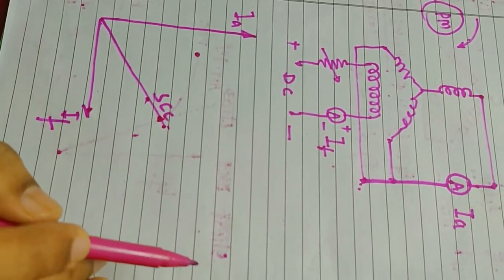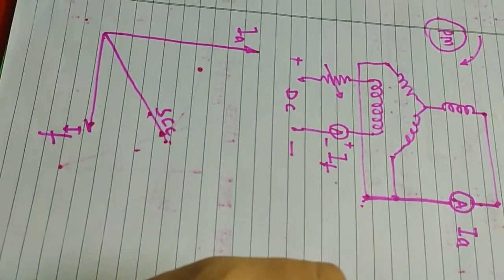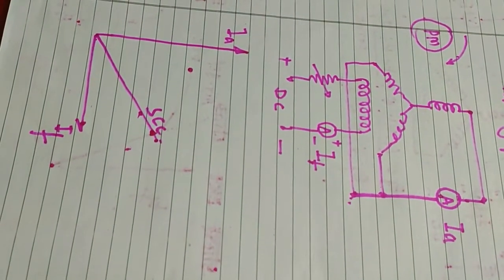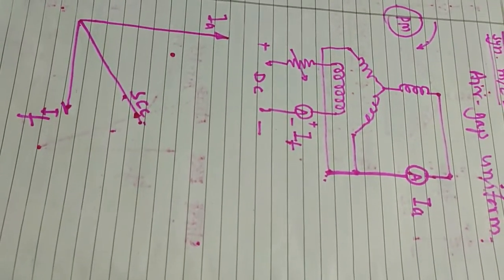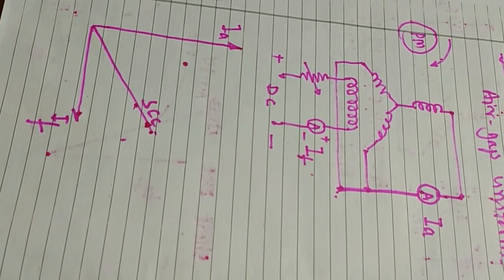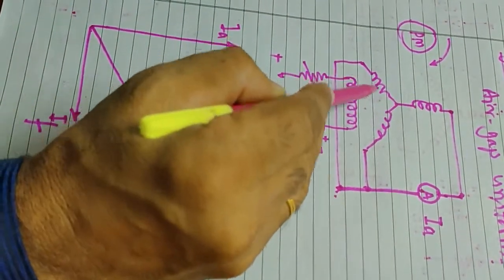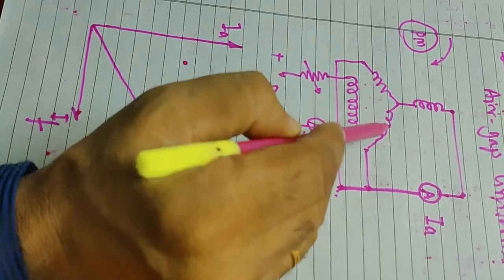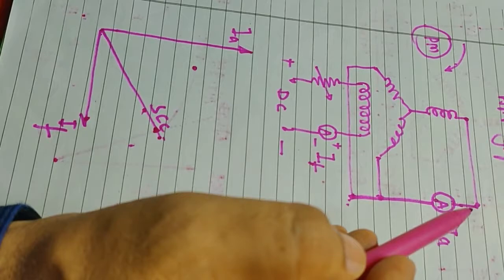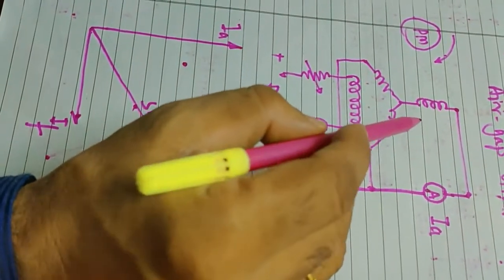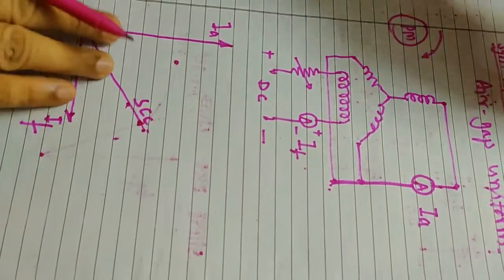Beyond the rated current of the armature, as the current is large, the I square R loss is large, and if the time of conduction increases, the heat developed, which is I square R into T, increases. The loss is converted into heat and there is overheating of the armature, which may damage it. So the later readings beyond the rated current must be taken as quickly as possible to avoid overheating of the armature.